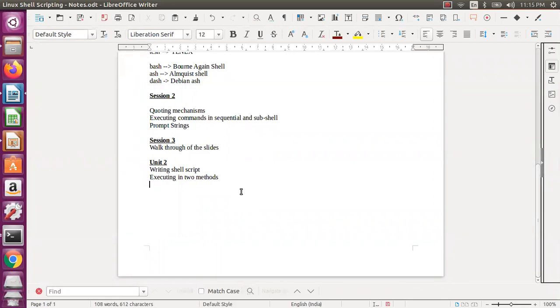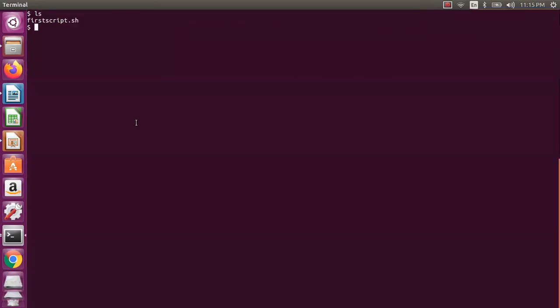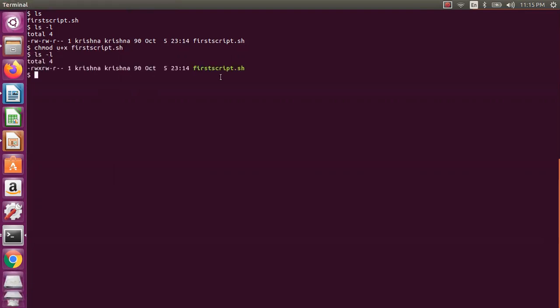One is this way, chmod. Because this is a normal text file, if you want to execute it, you need to have the execute permission for user, not for all. So I say u+x first_script.sh. Now if I say ls -l, you have this, and now it has become an executable file, then you can execute. We have already seen chmod. If you are not sure about that, you can refer to the Unix Linux basics chmod unit. You have one hour of content which talks in a very detailed way, so you can check on that.